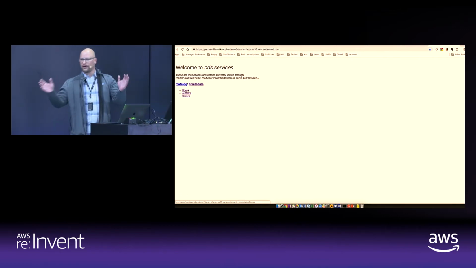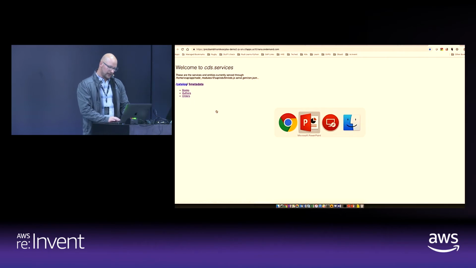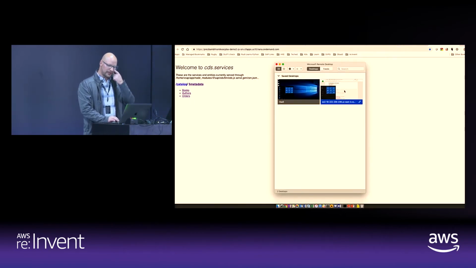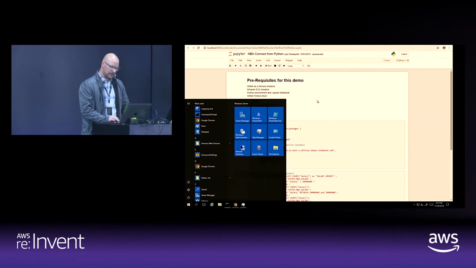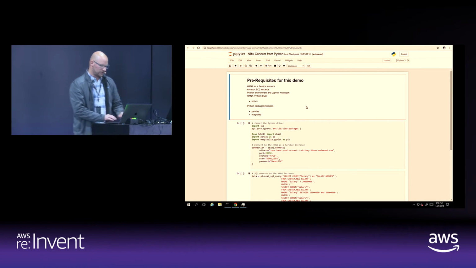Now, this is all great. So what I've shown you is how, when you use all of SAP tooling, you can do this fairly easily. So the question is, what if we wanted to do something else, right? And what I did here is quickly connect a Python notebook directly to that same HANA service, right? So here,